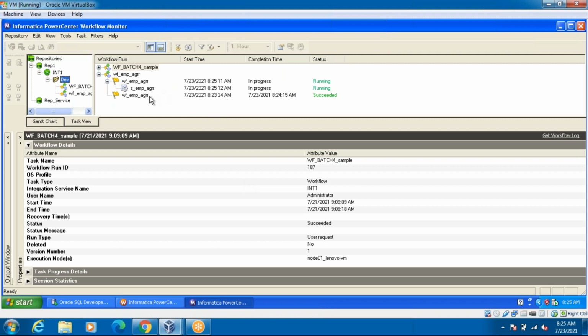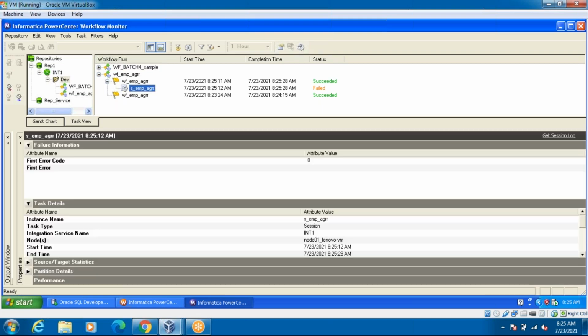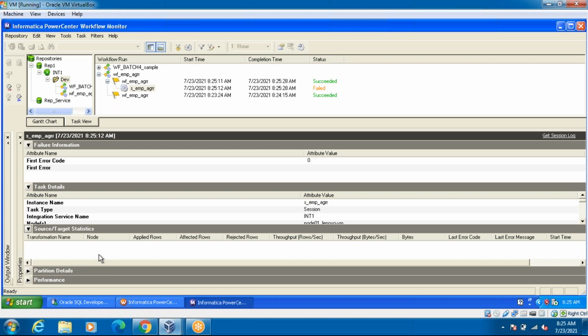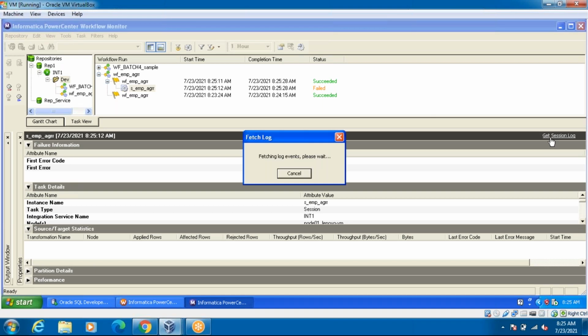Yeah, now it's executed. Sorry, earlier also it was executed. You can see it failed, guys. Why did it fail? Go to the session log. You have to raise a defect for this. Why did the job itself fail?